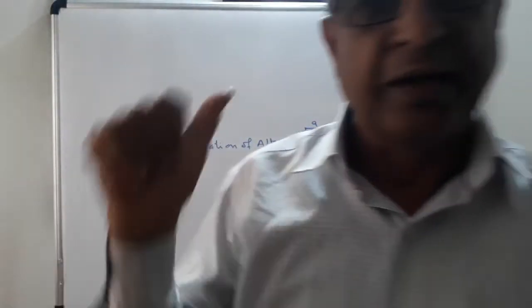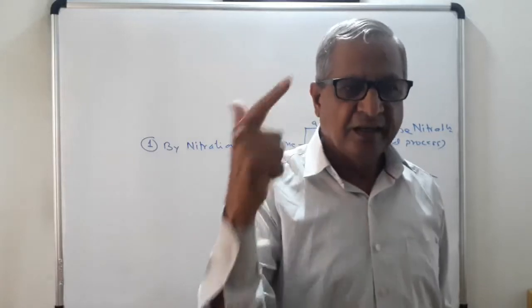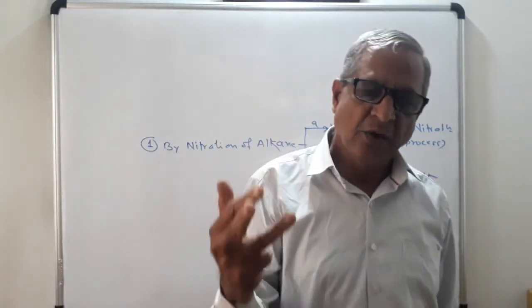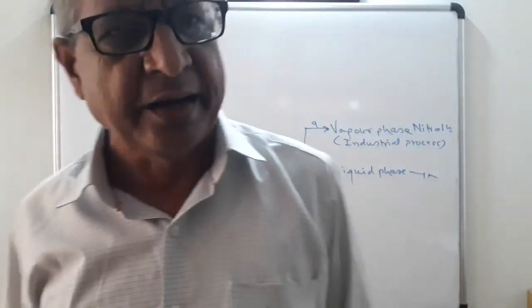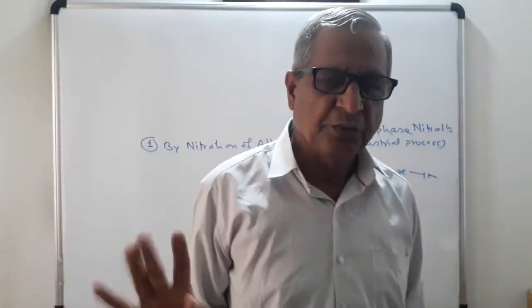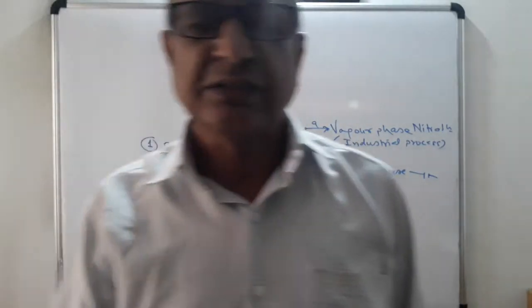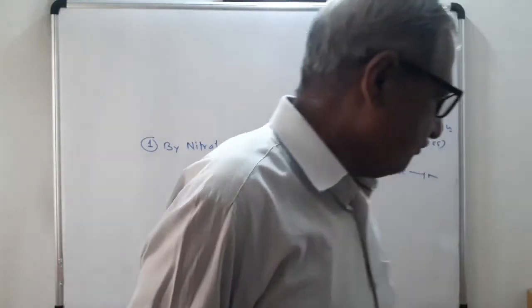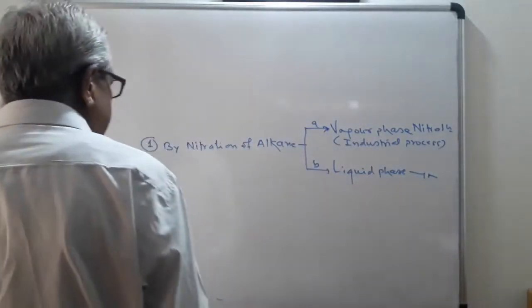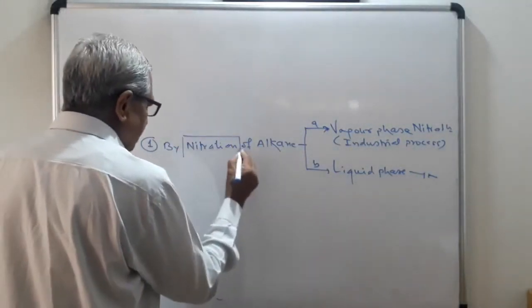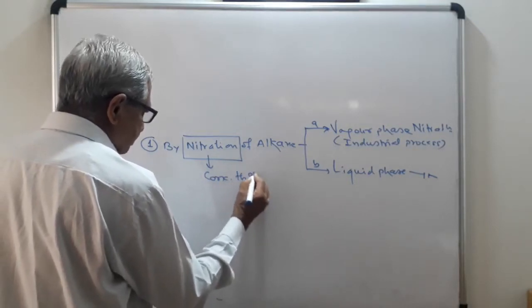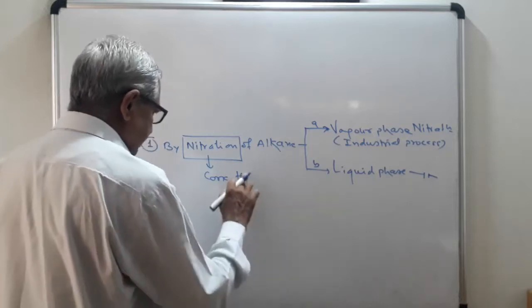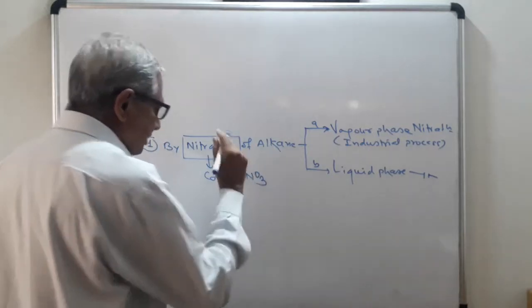See, our topic is nitro compounds. We completed the points introduction, definition, classification, nomenclature, and we started the 4th point, that is the preparation of nitro compounds. There are 6 methods for the preparation of nitro compounds. First method is nitration of alkanes. Now, which reagent is used for the nitration of alkanes? The reagent used is concentrated HNO3.